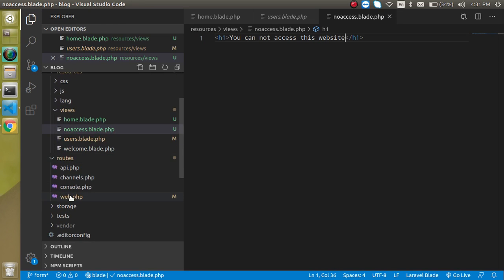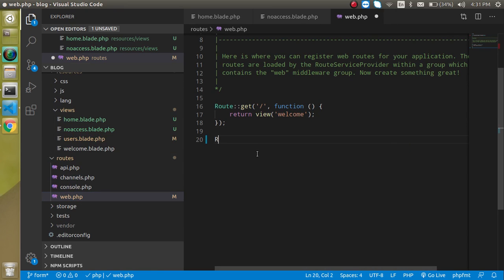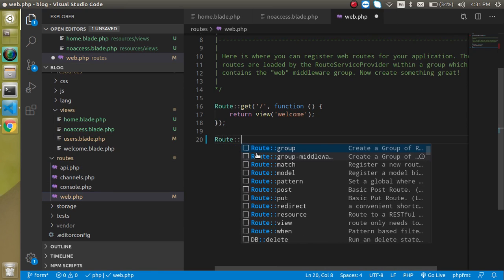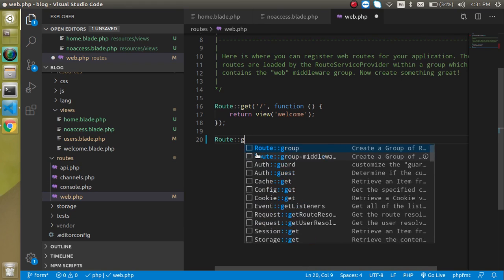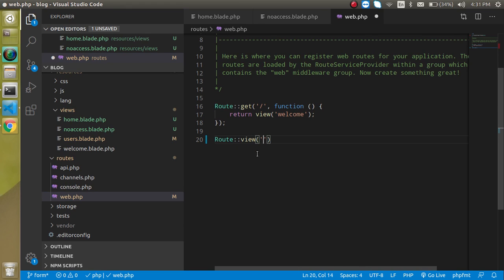Now let's create a route for them. So just go to the route file and simply put here view, and you can also use this view first parameter as a route, and in the second parameter let's put our view name, like routes, right? And let's copy and paste for home as well as the no-access pages.